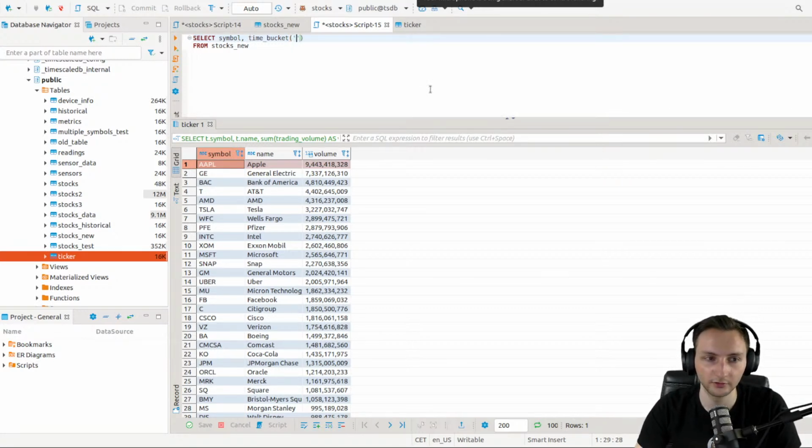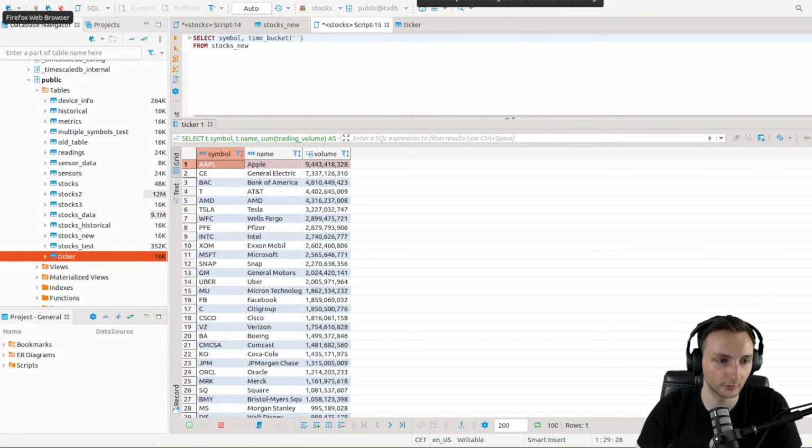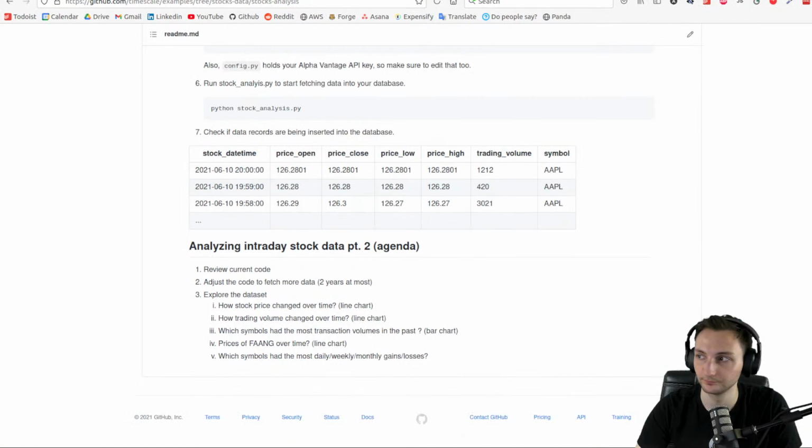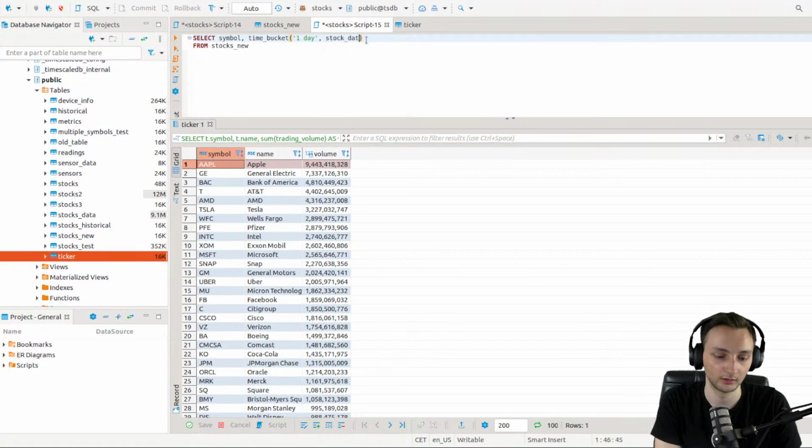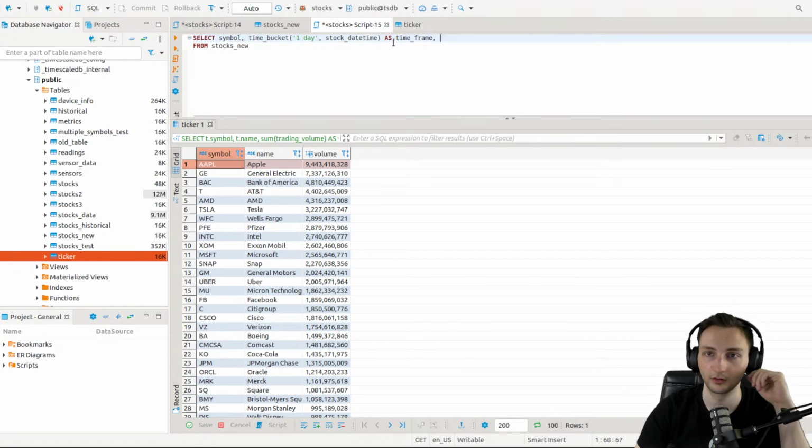And what interval? Well, what's the question? So yeah, daily, weekly, monthly. Let's do the daily one first. So we just do 1 day, stock date time as time frame. So if we do this,